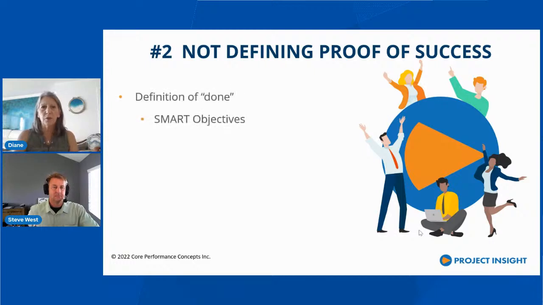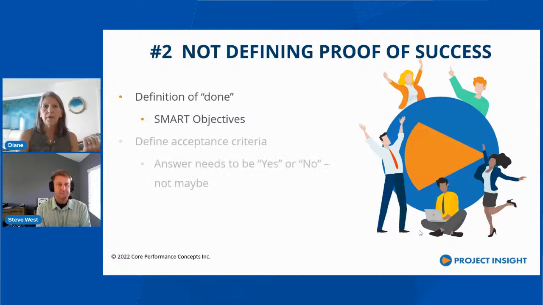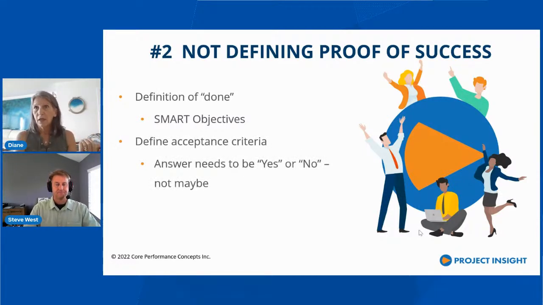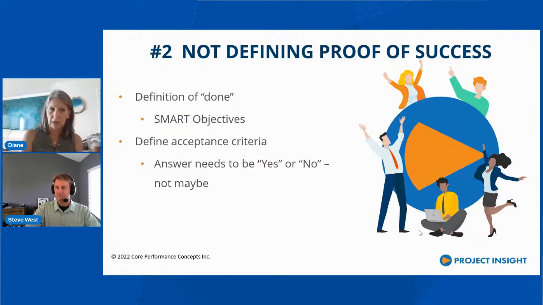So the reality is, what we have to do is make sure we define that definition of done very smartly. And for those of us on the call that might be on the business analysis side of the house, you guys are the ones that are really driving what those requirements are. And those requirements need to be measurable. What are we trying to accomplish? If we make them very smart and we make them yes, no answers, then when you get to the end, it's very clear as to whether or not you've achieved what you wanted to achieve.